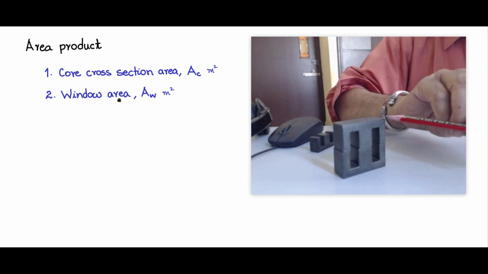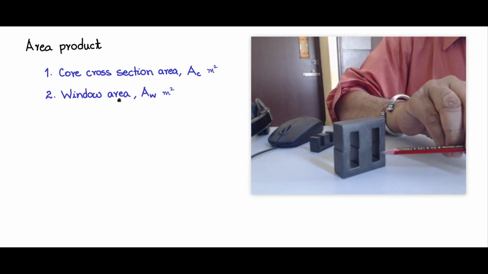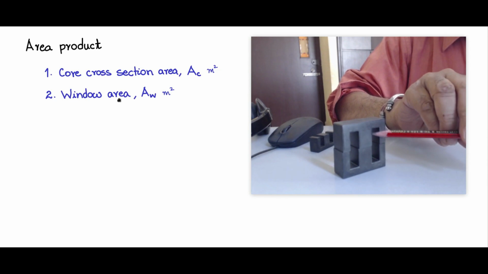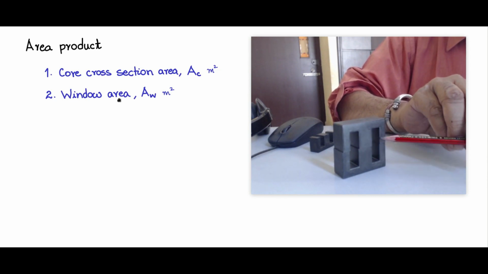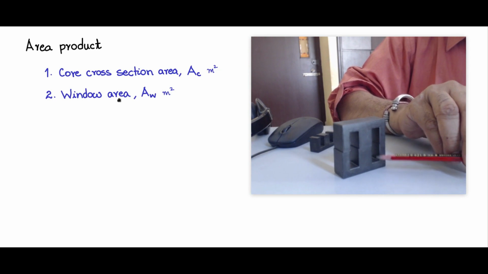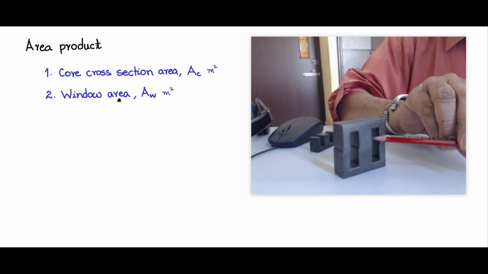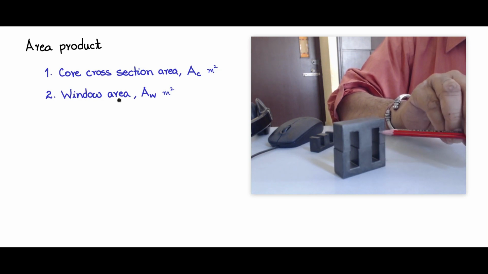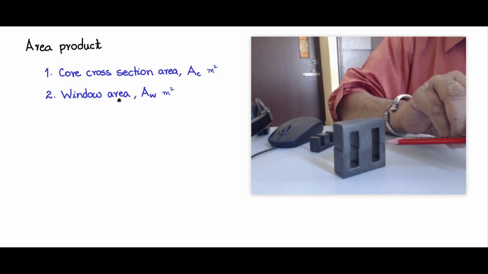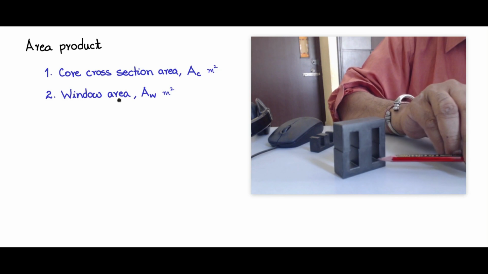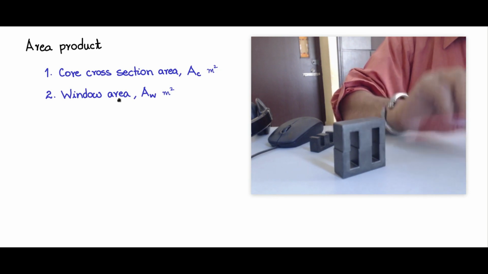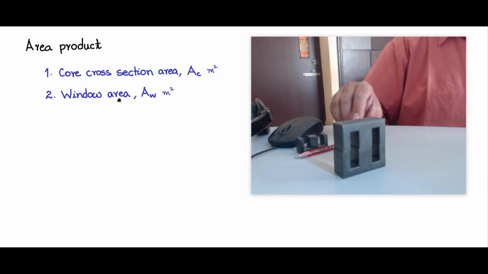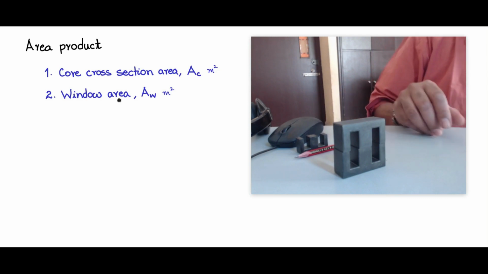Now this gap here, what you see here is the window area. This area here is window area. Not both together, any one of the areas only. Either it is this area we have to take or that, because a turn entering here will also come out there. So it is only one area that we need to consider. So that is what we call the window area.